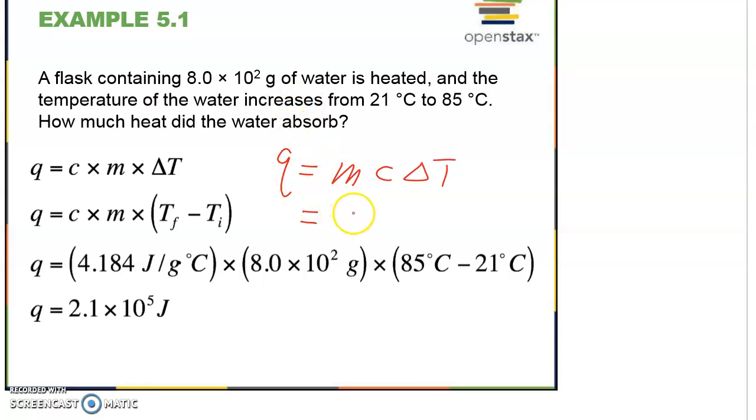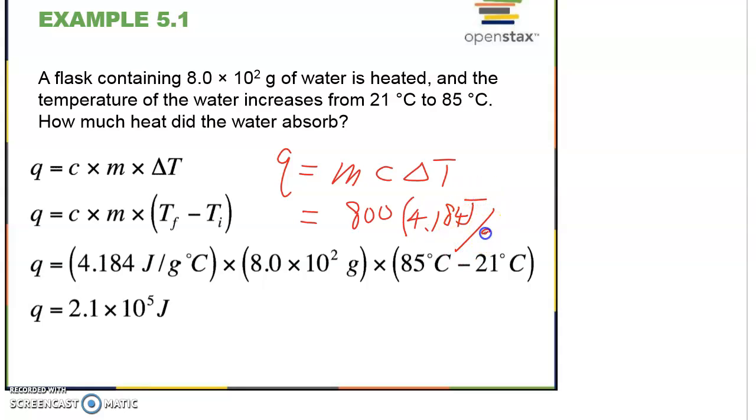M is the mass, which is 800. What is the C? The C over here is the specific heat capacity of water, and that is 4.184